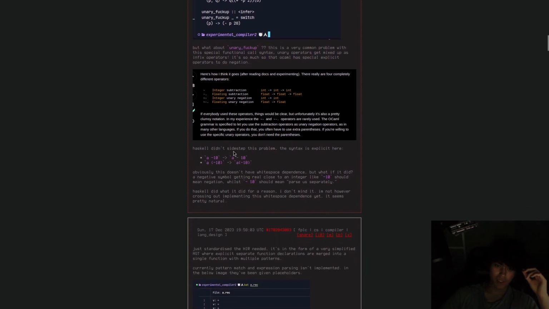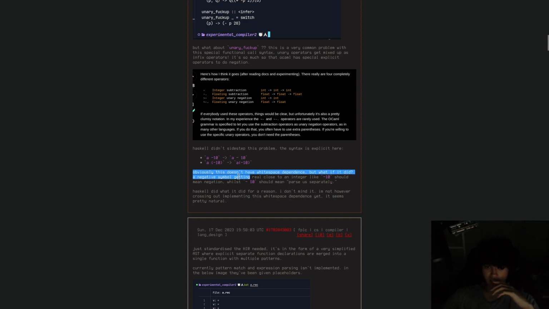There's no ambiguity. Haskell didn't sidestep this problem; the syntax is explicit here and doesn't depend on white space. So a minus 10 is a minus 10, and a called with negative 10 is a negative 10, because that's in parens.